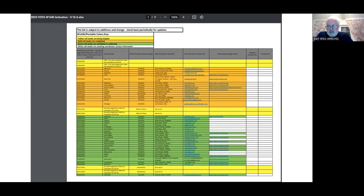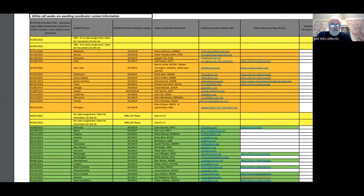Most of you would probably have seen the schedule. This is an example. Yes, this is the latest one that I had in spreadsheet form. I'm just going to zoom in a little bit for you guys. Again, you've seen most of this before. You have a general idea of its presentation. We've got